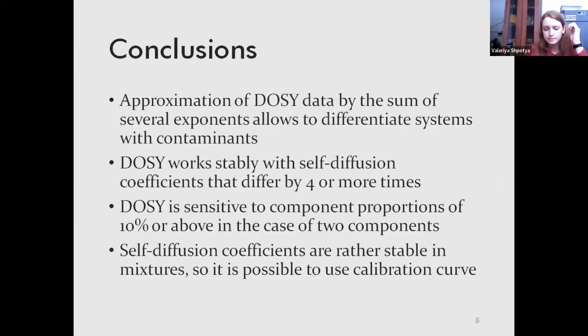So to summarize, we discovered that approximation of DOSY data by the sum of several exponents allows us to differentiate systems with contaminants from pure systems. Also, we noticed that DOSY works stably with cell diffusion coefficients that differ by 4 or more times when we talk about two-component systems. And it's sensitive to component proportions of 10% or above in the same systems. Also, we showed that cell diffusion coefficients are rather stable in mixtures, so